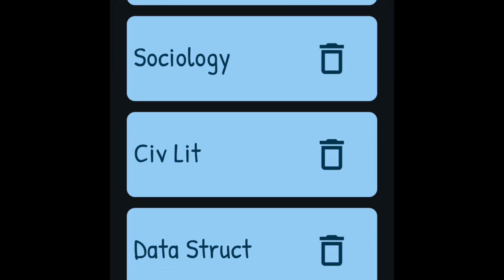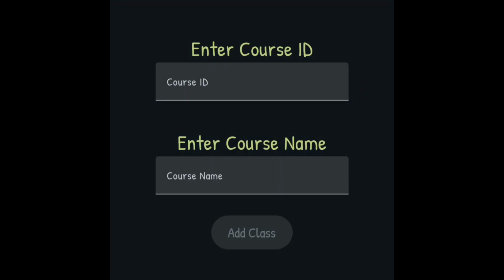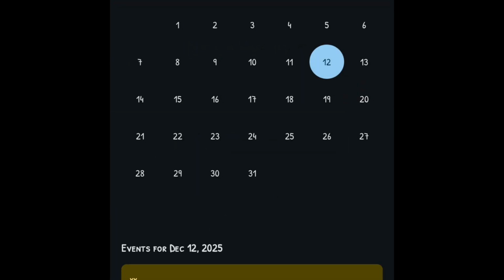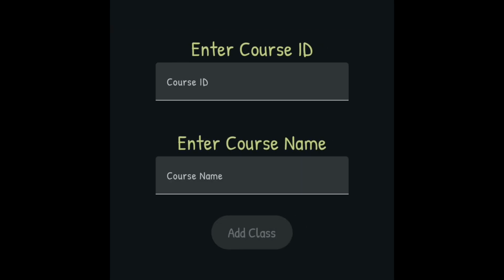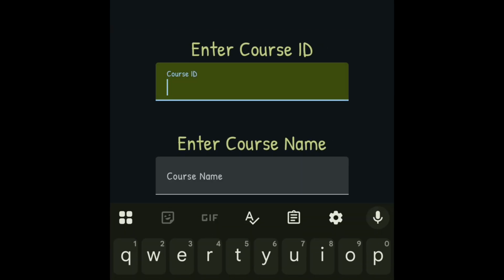And down on our home bar, we have multiple features. So we're on the home tab right now. We can go to add a class, and then the calendar view, and also settings, and then the camera, which will be shown later. So say I want to add a class, let's call it